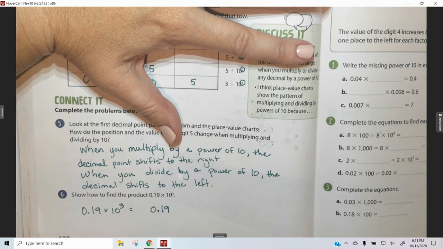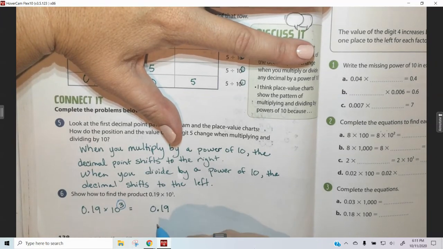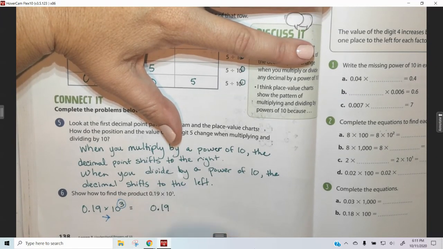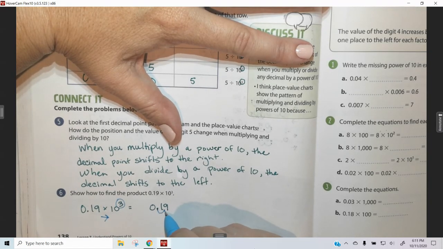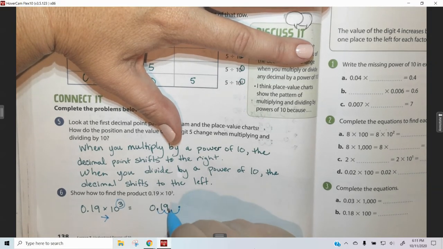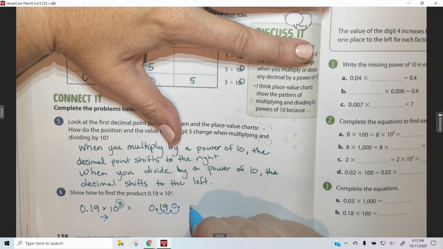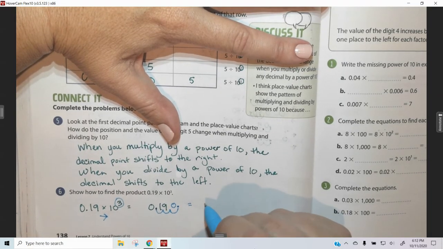Then look at your exponent. It's a 3. And we know that we're multiplying, so our decimal is going to shift to the right. We're going to shift to the right 3 places. 1, 2, 3, and then we're going to place our new decimal and then put in our placeholder 0. So 19 hundredths times 10 to the third power equals